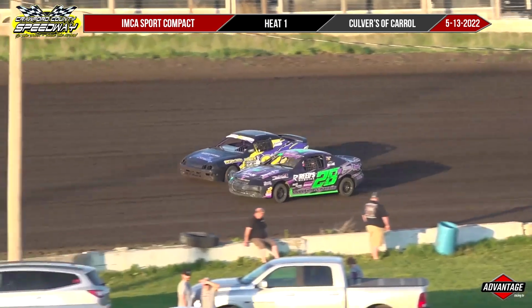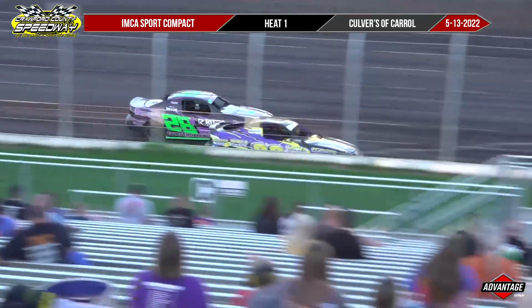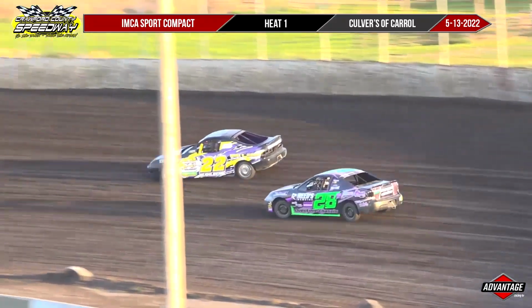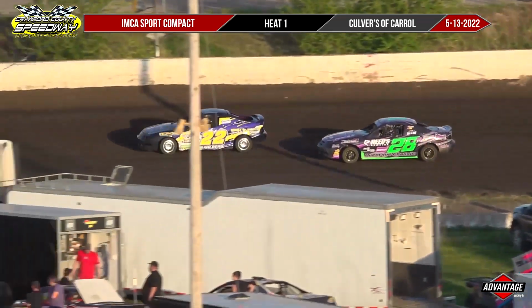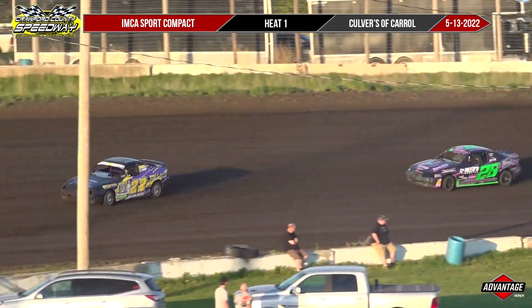Oh, Reed still with the lead, but look at this on the high side. It's going to be Malberg. They are side by side as they come off of 4. New leader, give it to Shannon Malberg. Reed trying to snake back to the low side, see if he can get side by side with him, make another run again. He gets about to the rear bumper, and that's about as far as that Cavalier will go. The Acura Integra of Malberg